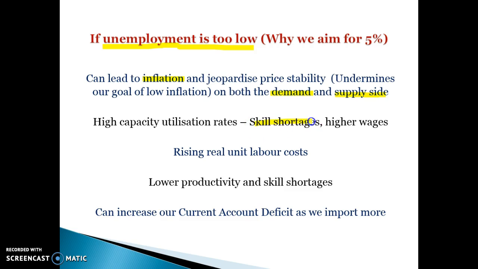It can lead to skill shortages or high capacity utilisation rates. We know that higher wages lead to higher real unit labour costs. So you can talk about it all together. You can say low unemployment leads to skill shortages, which leads to higher wages, which can lead to higher real unit labour costs, and you could even link that back to our international competitiveness. And again, you can link that back to the fact we will import more because we've got more money, and our prices sometimes will go up in Australia. So I suggest you go through the process of it can lead to higher wages, higher real unit labour costs. This can lead to reduced international competitiveness if price goes up, and we might import more.